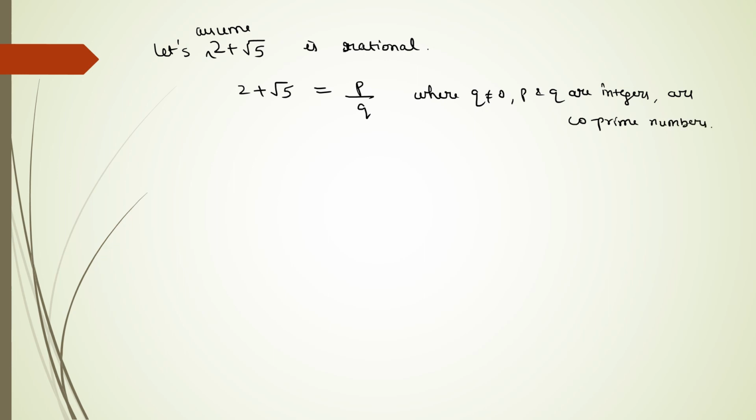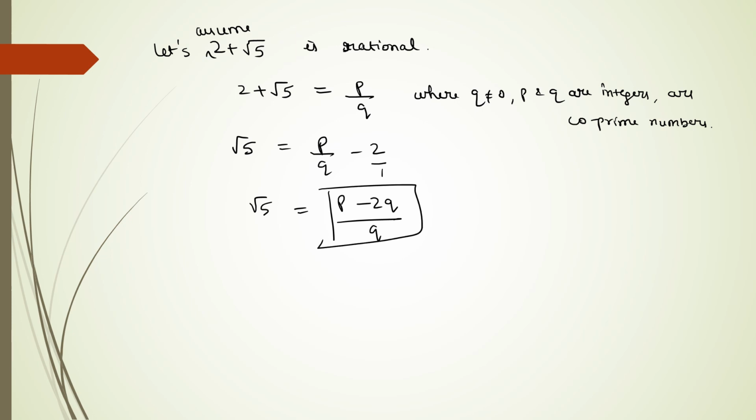Okay, if it is the case, root 5 will be p by q minus 2, right? So root 5 will be p minus 2q by q. I've taken LCM, cross multiply. p minus 2q by q. But what is this form? This is in the form of p by q, right? We can see the right hand side is rational,